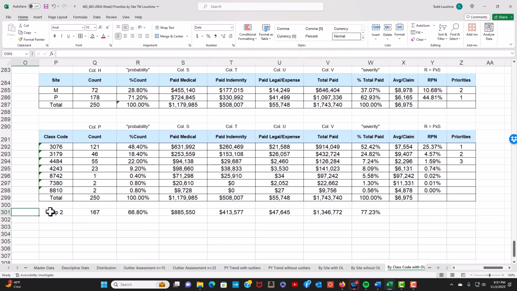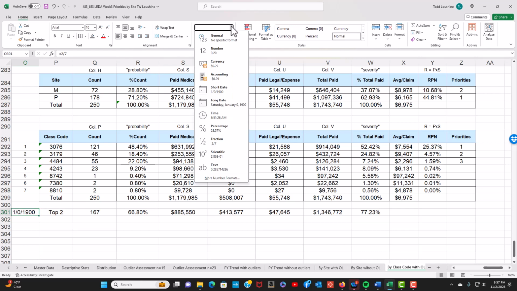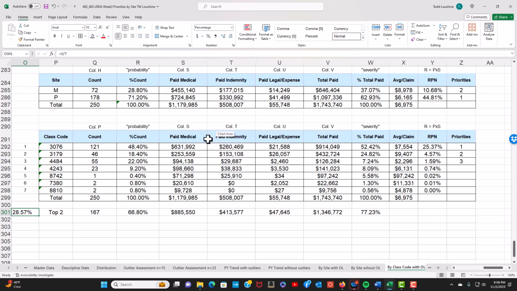Okay, so here's the thing. Two out of, let's see how many are here: 1, 2, 3, 4, 5, 6, 7. Oh, what, the dates? Is that what that is? I just want numbers, and not even that kind of number. General. So there are 7 numbers. The top 2, what percent are 2? 2 divided by 7. So funny. I think when I copied and pasted the outliers down below, it kept what the cell was designated as. That's why it's doing this to me. All right, so